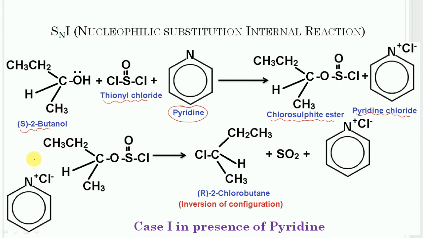In the next step, the chloride from pyridine chloride will attack from the back side, and it can lose this chloride ion, and this bond can break. It will take part in the pi bond formation. It will give sulfur dioxide,